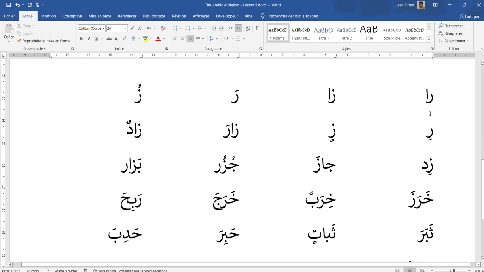Ra, za, ra, zu, ri, zin, zara, zadun, zid, jaza,